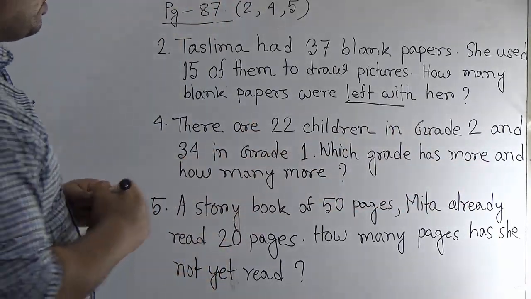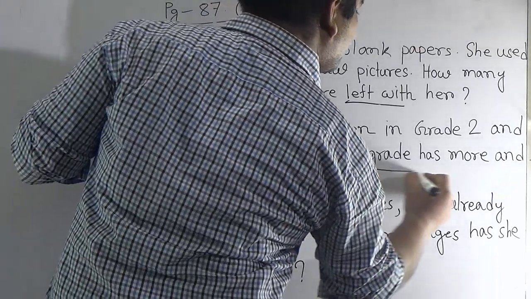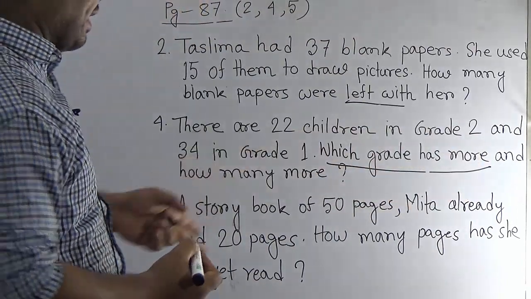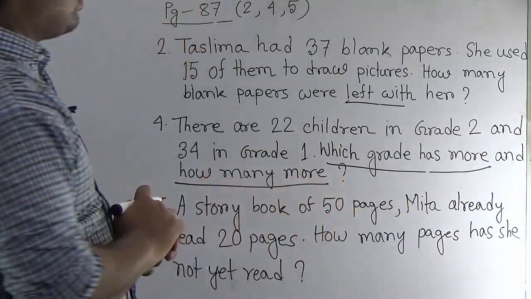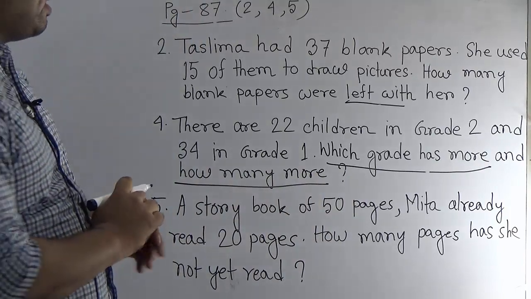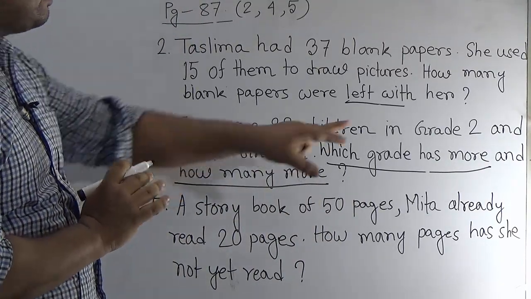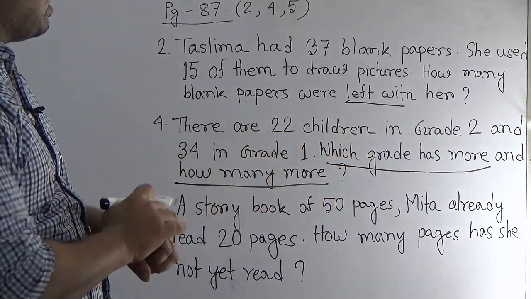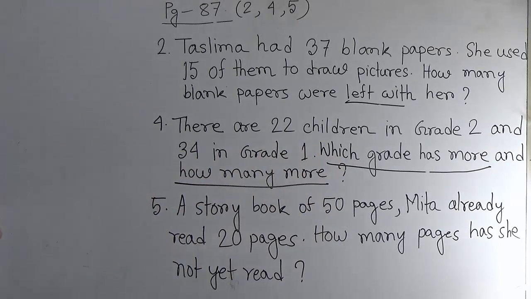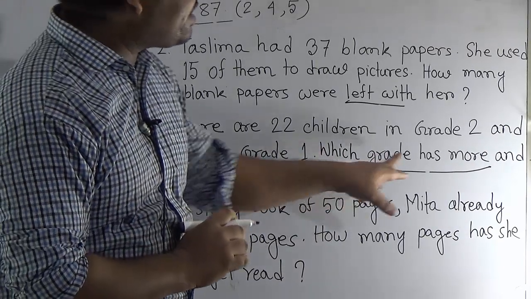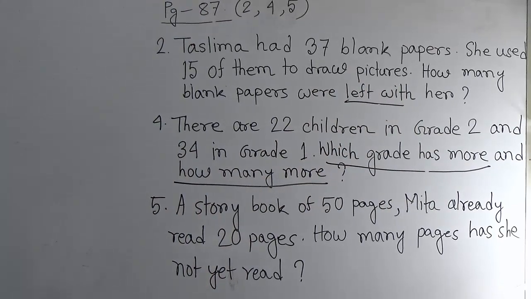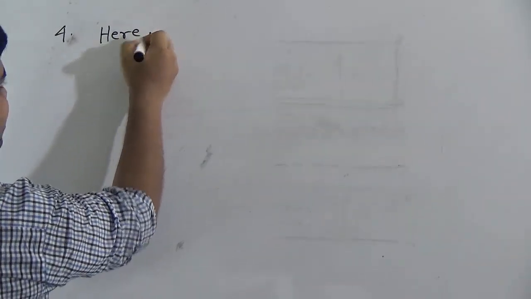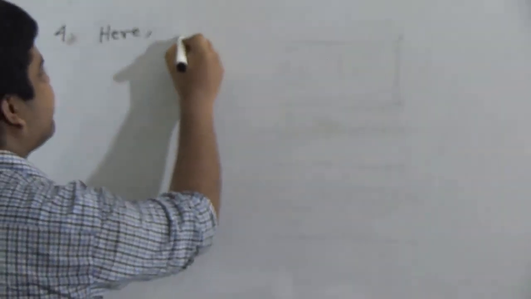My dear students, notice this question has two parts. One part is which grade has more and another part is how many more. So we get two answers from this question. Here grade 2 has 22 children and grade 1 has 34 children. Okay, my dear students, let us solve. First we find which grade has more children. So for 4, you write here the 34 children